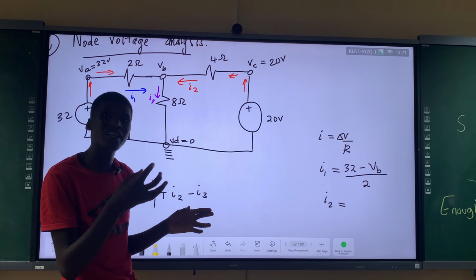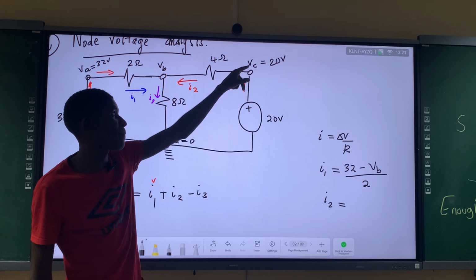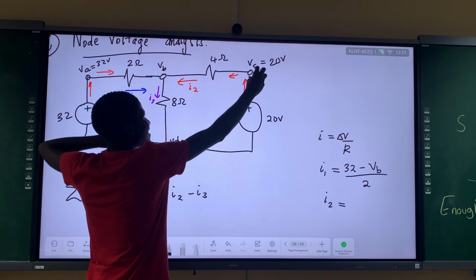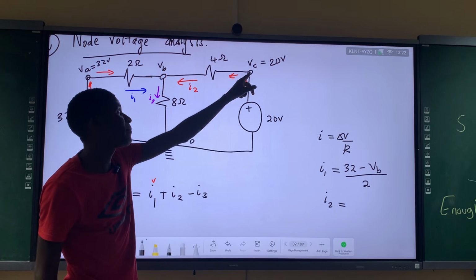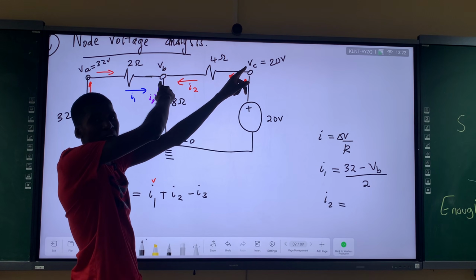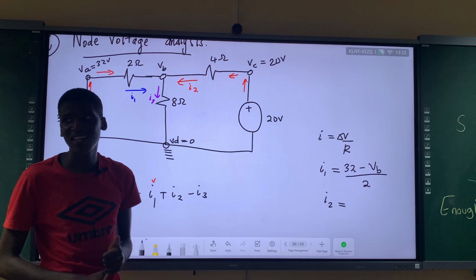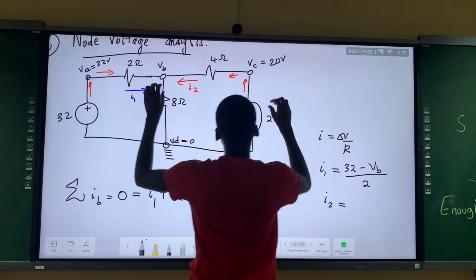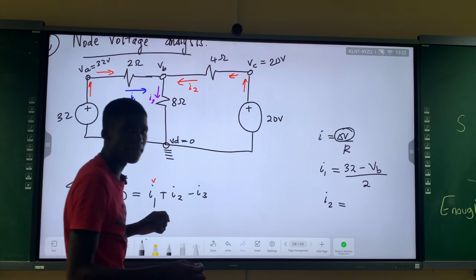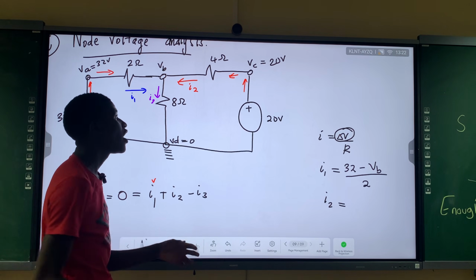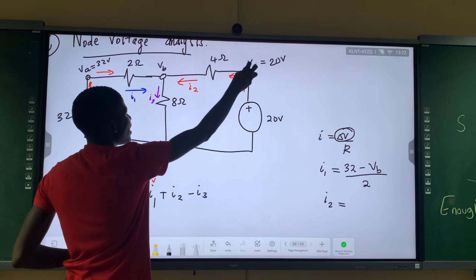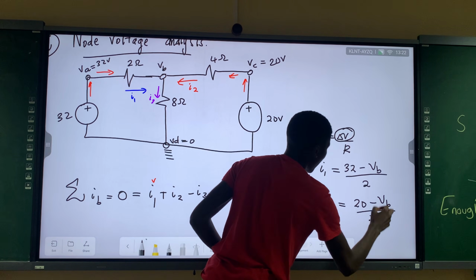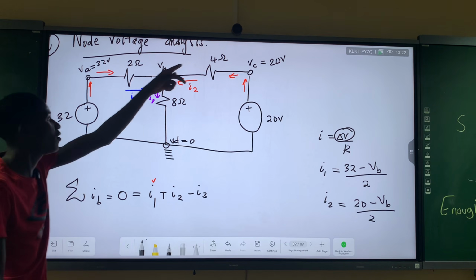The only thing that makes a difference is if there is a resistor between these 2 points. So here we have 20 volts. So on one side is 20 volts, that's the first terminal. On the other node or on the other terminal, we've got VB, which we don't know. So I'm still going to say that the potential at B is VB. So if we do the potential difference with delta V, we're going to say that this is going to be what? 20 minus VB over the resistance, which is 4.